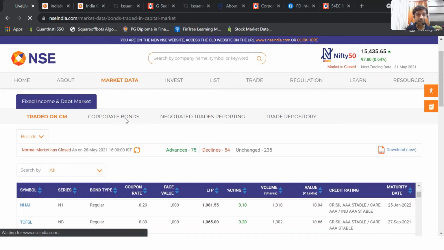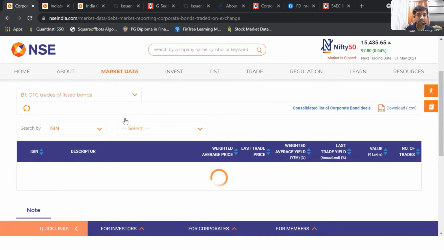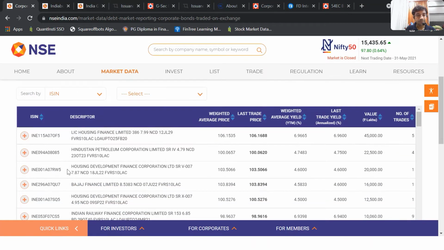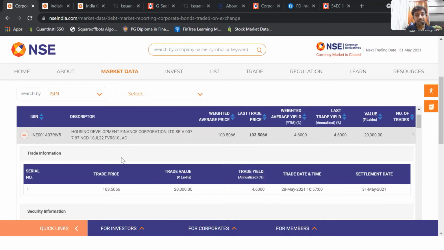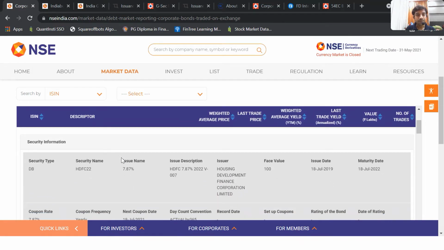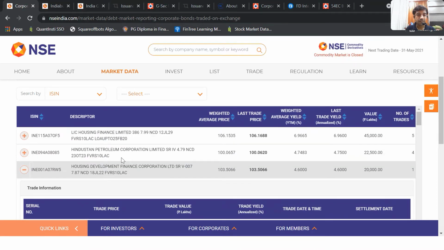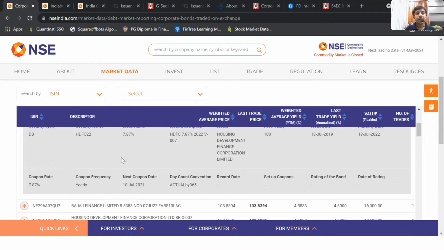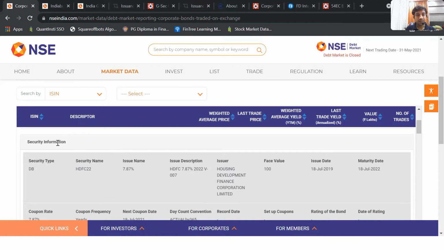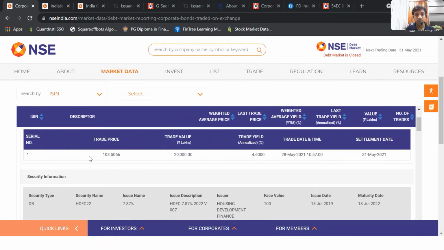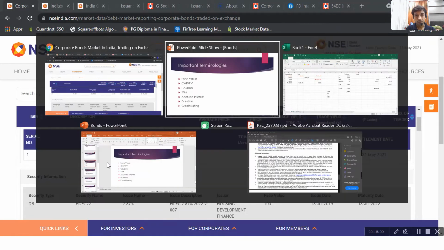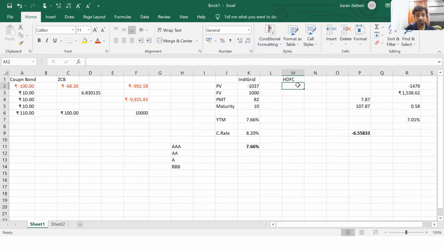So I'll take one of the OTC trades. So we can see over here. Let's take this HDFC Bank bond. The current market price for the bond is 103.50. So let's do it over here. Present value is 103.50. Face value is 100. Payment is